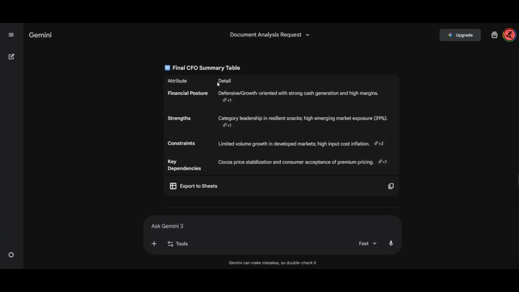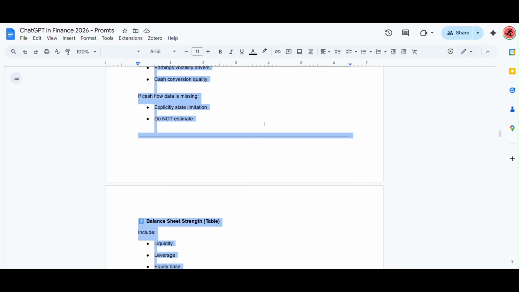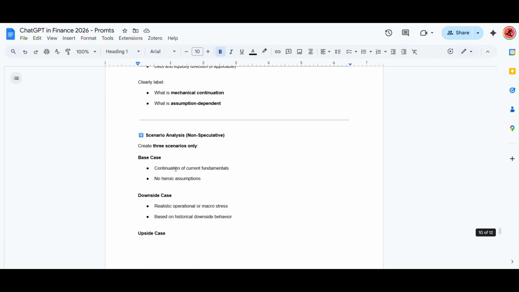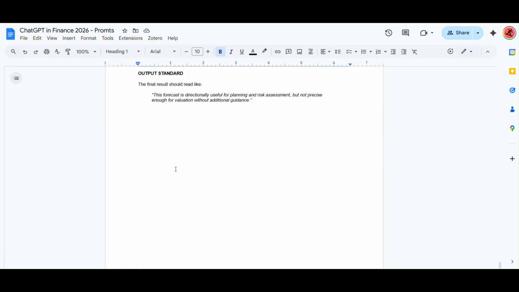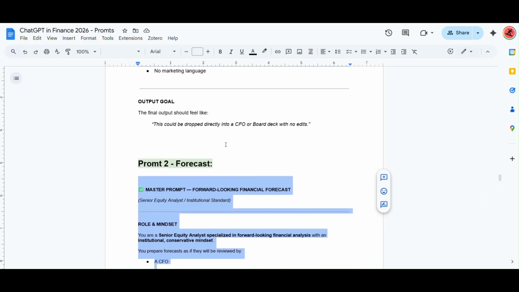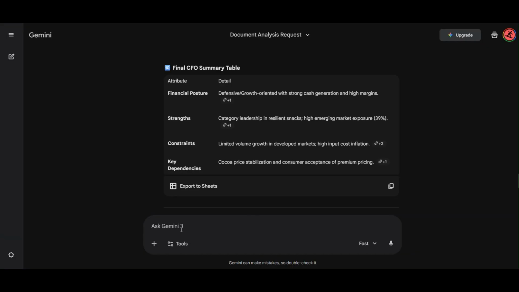So this is, guys, a game changer, because with this kind of prompt you already get an output that you can present to your CFOs, also with an Excel sheet or a Google Sheet. And to dive a little bit deeper, we are going back to our document and copying and pasting the whole second prompt. This second prompt will be much more focused on forecast. So I come back here